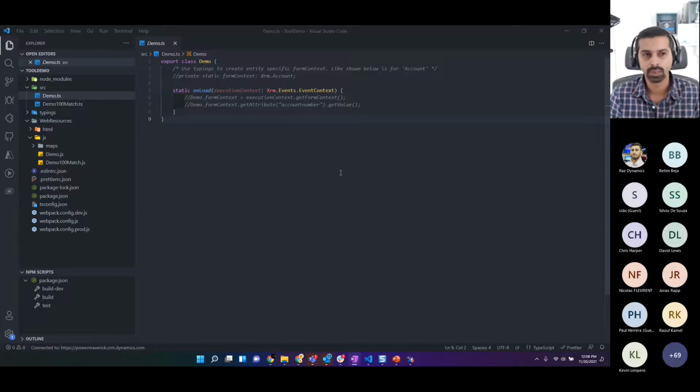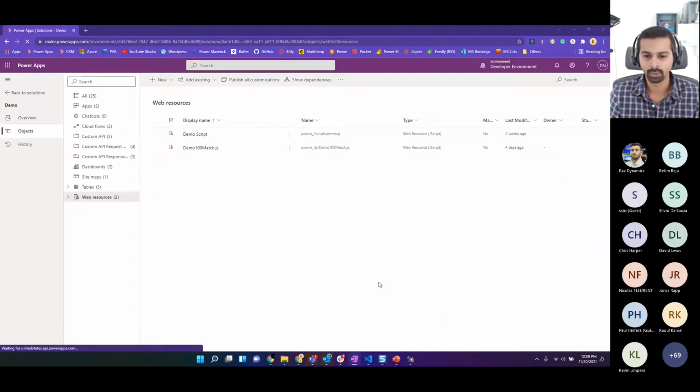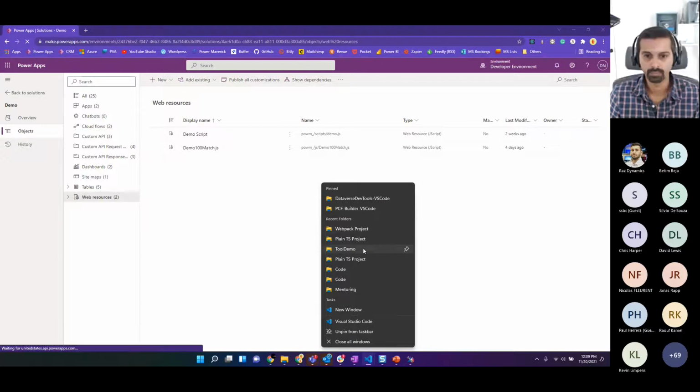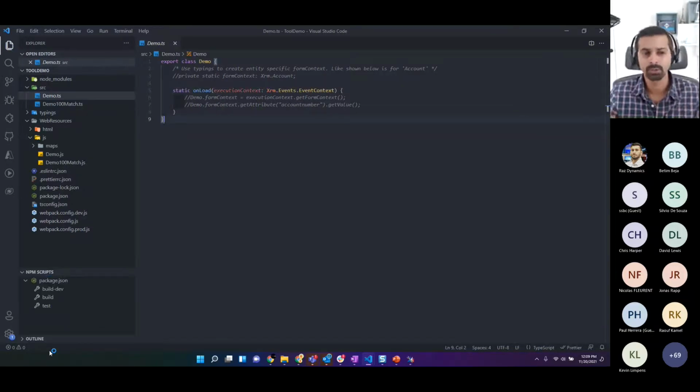Right now, what if I close this? This is what I wanted to showcase first: the tool remembers the connection that you were already connected to. I have a few other projects open here, but they're not connected to any environment, so nothing is showing in the status bar. So let me close this project and then reopen the project again. Yeah, tool demo. You'll see that it's not showing anything right now, because when you open a Visual Studio project, it enables extensions, and then it does the authentication. And once it does the authentication, see, it was pretty fast and it was able to connect to that